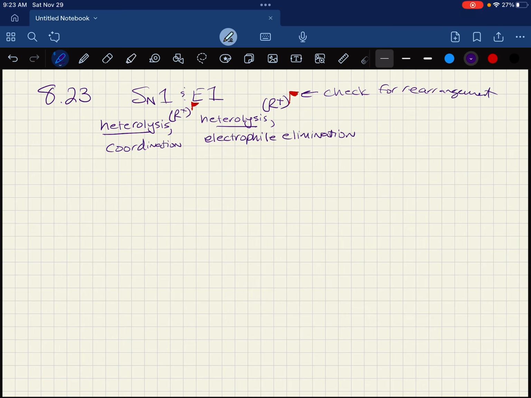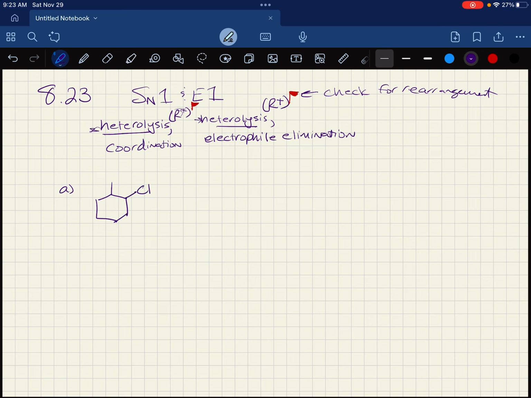So what this question is asking is for us to look at each of these and figure out whether a carbocation rearrangement would take place when they're going through an SN1 or E1 mechanism. The reason that we're talking about both of those mechanisms together is because they both have the same first step and have that same first intermediate. So just as an example,